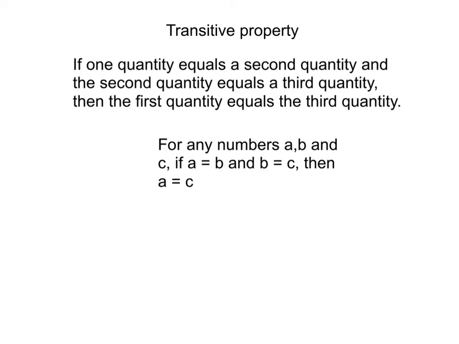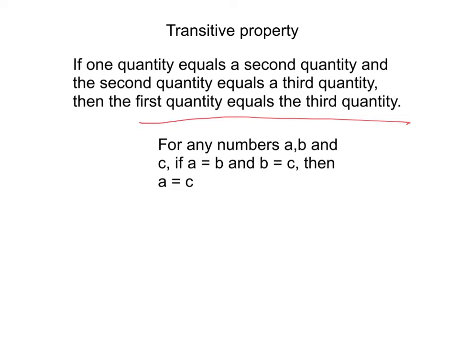This next property is the transitive property. If one quantity equals a second quantity, and the second quantity equals the third quantity, then the first quantity equals the third quantity. This can be a little bit of a mouthful and can be a little bit confusing, but